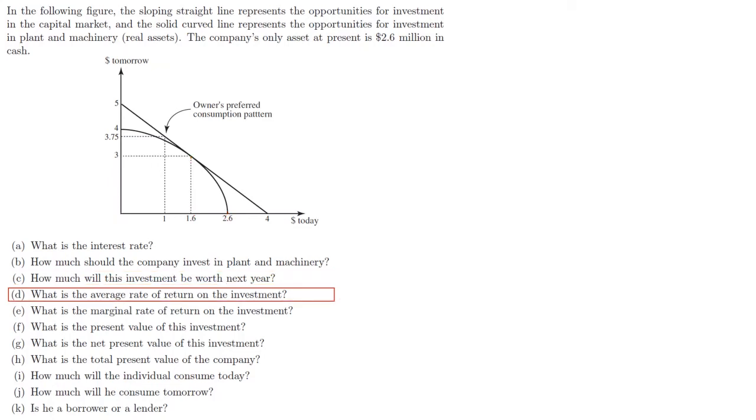D, what is the average rate of return on this investment? Well, if you look at D, how much will this be worth next year? We know we get a return of 3. We know that has to equal, how much did we put in? We put in $1 million, if you remember from B, and that was 3 million. So we know that 3 equals the $1 million times 1 plus R. 3 equals 1 plus R. 2 equals R, and that's a 200%